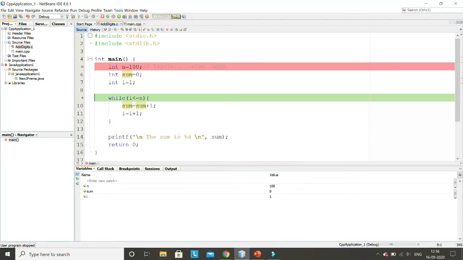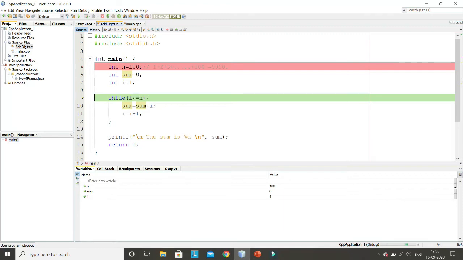But if you go for debugging, it will execute your program step by step, and sometimes it is very important, but I'm skipping the detail of debugging. I'll explain it later. Now, these three lines have already been executed, and the current value of n is 100, sum is 0, and I is 1. So now this loop will start executing.